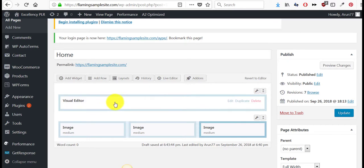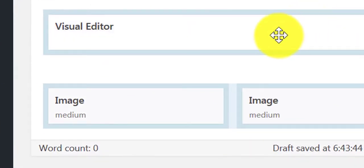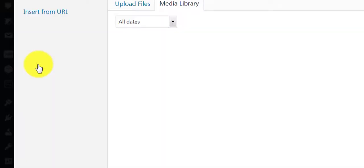I do that, the image seems to be aligned to the left. I have no idea why. It doesn't stay in the center, so I'm not going to figure it out. It's easier to just use a visual editor. Now we come here, I'm going to insert an image. I edit, you add image,